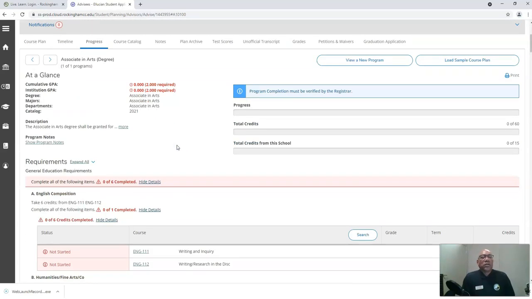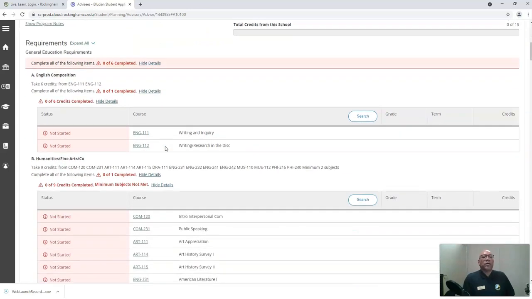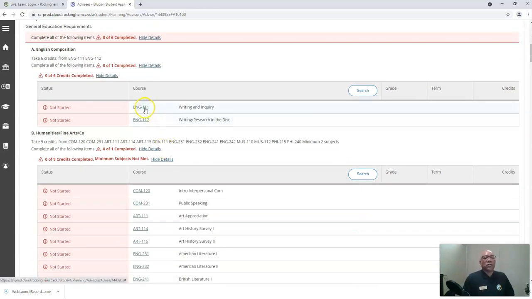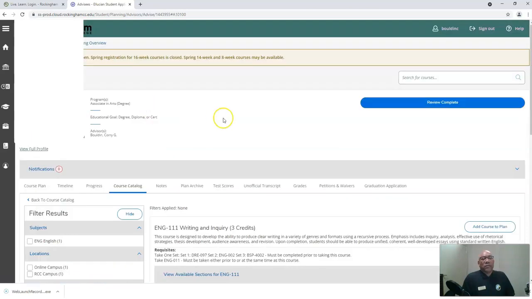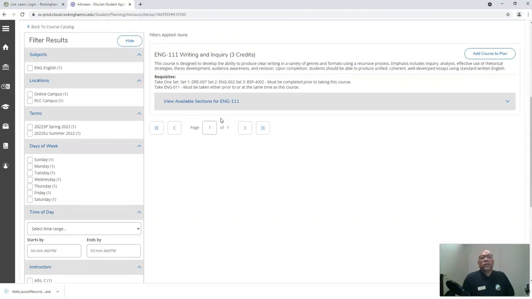just say we're going to take or consider taking English 111 for the upcoming semester, summer registration. So we will click on English 111 from our map. Notice the first thing you see is the course number, the title of the course, Writing and Inquiry, how many credit hours is the course, and then you get a